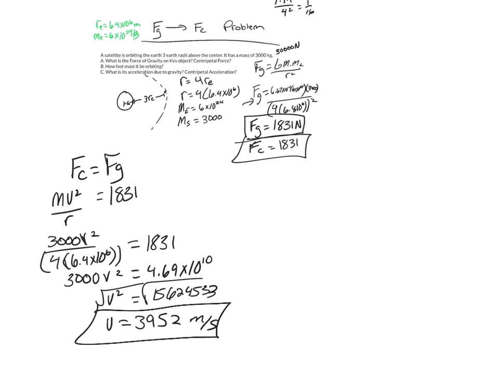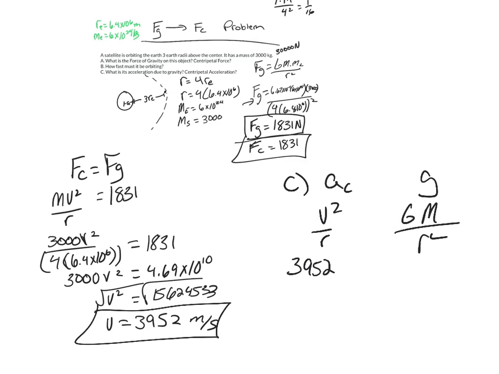All right, for the last thing, we're going to compare the centripetal acceleration to the acceleration due to gravity. So this would be v squared over r, and this would be big G m over r squared. If we plug these in, we would get 3,952 squared over 4 times 6.4 times 10 to the 6th, and if I solve that, I get 0.611